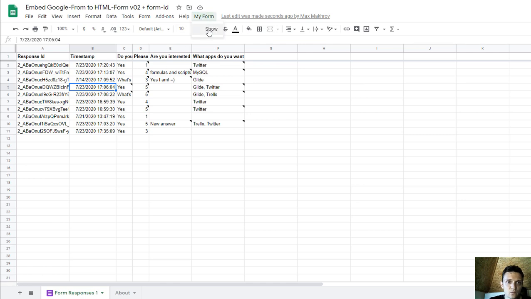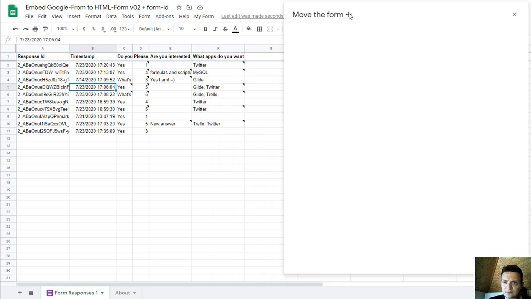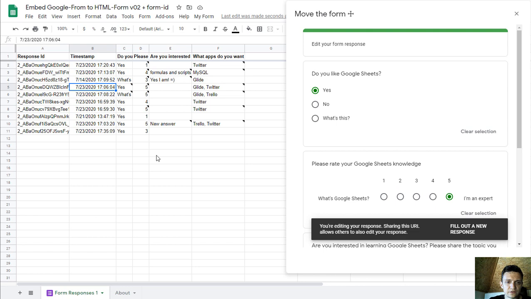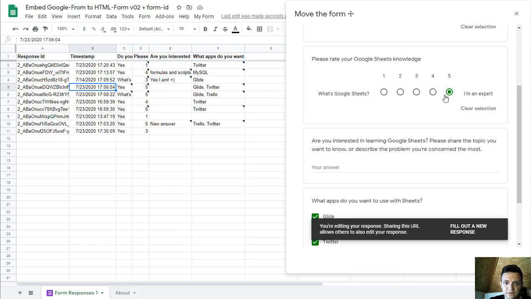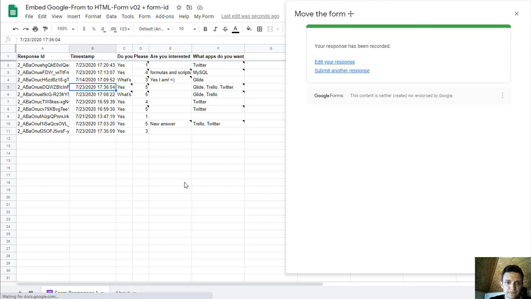I go to my form and show with this demo, and this is window, and I'll move it right for my convenience, and I see this response here. Yes, 5, and I made it yes 5 and Glide and Twitter here. Yes, and I want to add trailer and click submit, and I can do all this stuff with just this